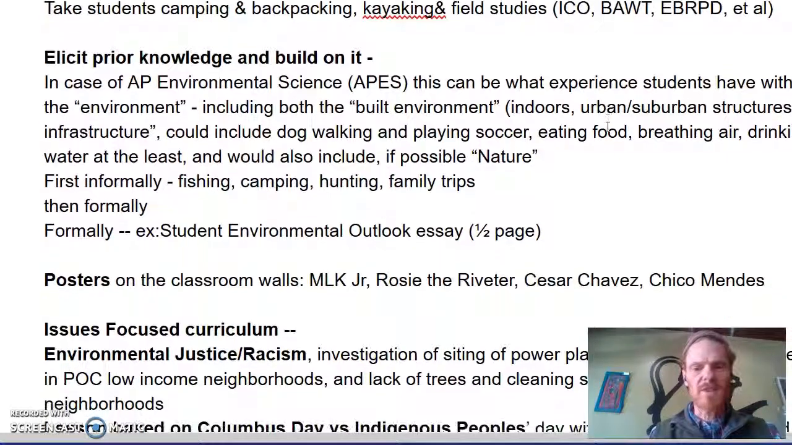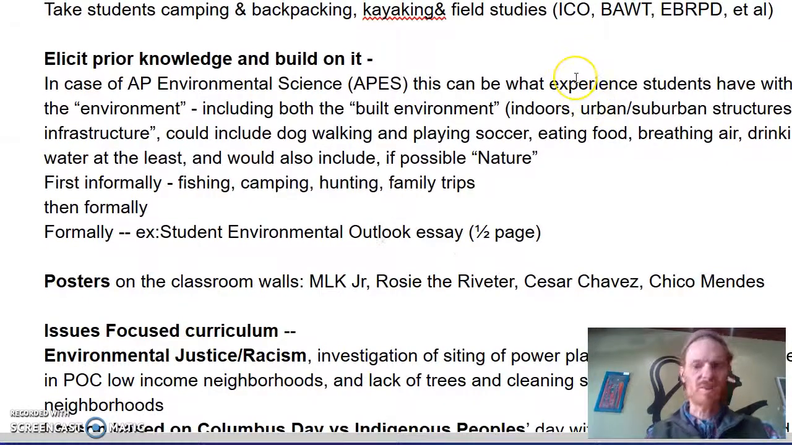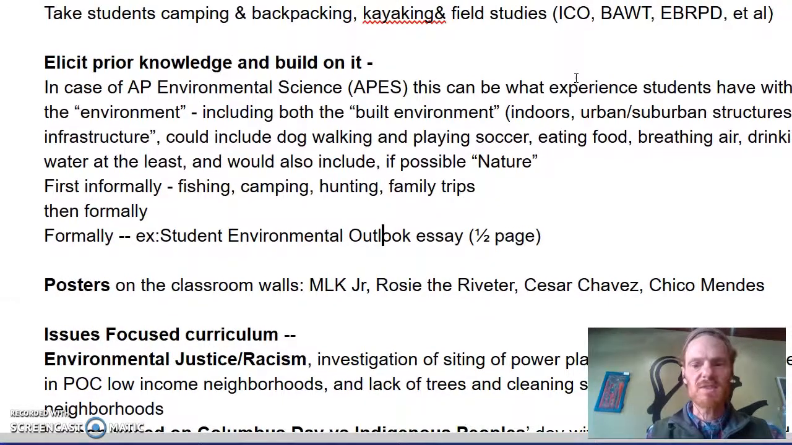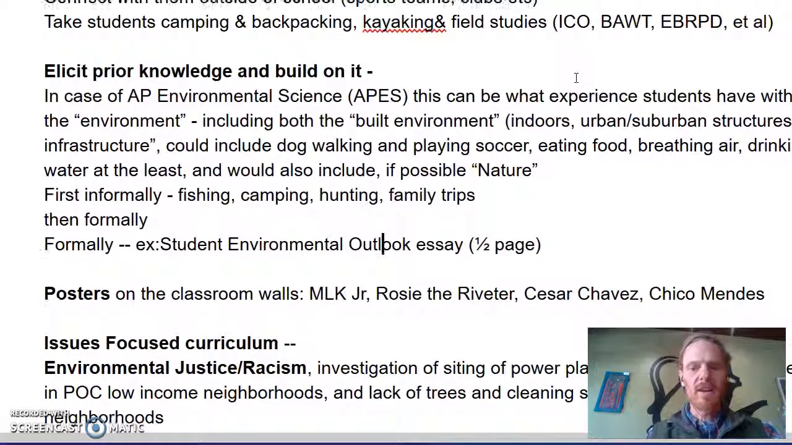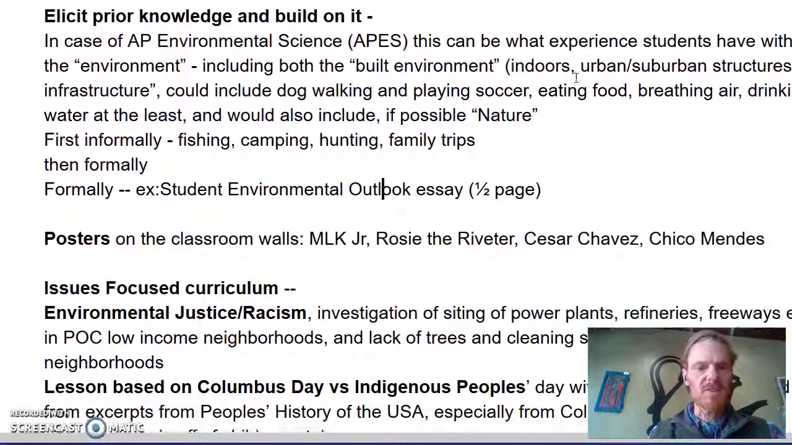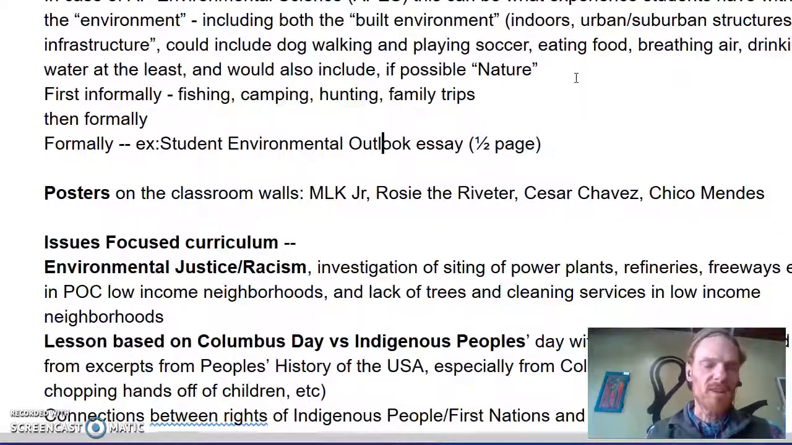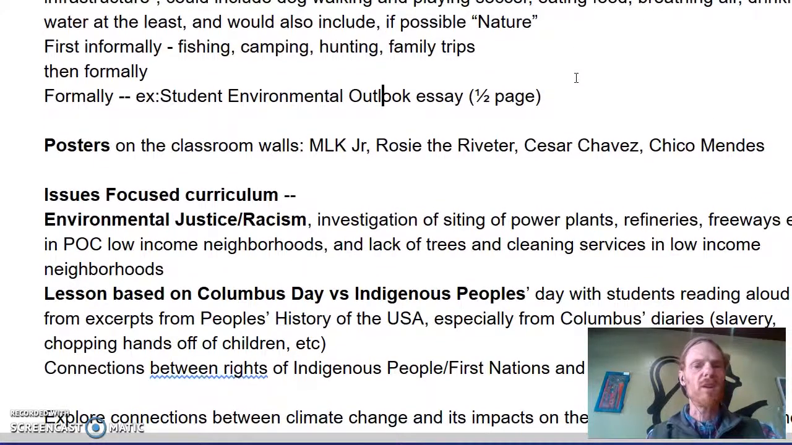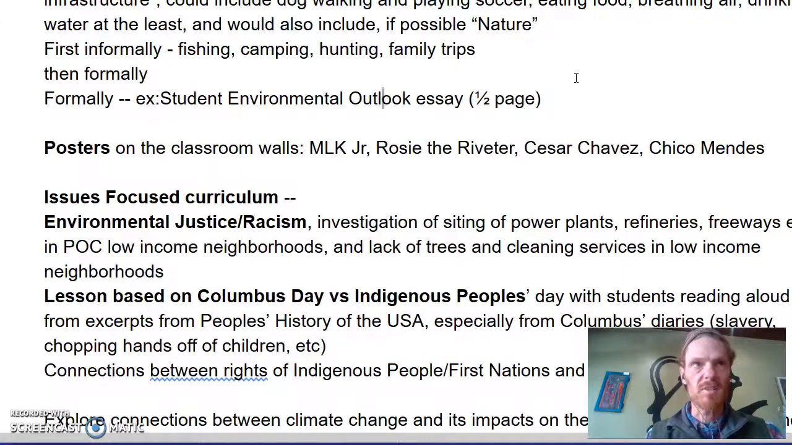In case of AP Environmental Science, I get students to reflect on what their experiences are with the environment, and that can be the built environment, right? So indoors, urban, suburban structures. And that can be playing soccer or walking your dog. Everyone eats food, breathes air, drinks water, and so that's a part of the experience. Could be fishing, camping, hunting, family trips. That formally comes down to a student environmental outlook essay in which they have to use key AP environmental science